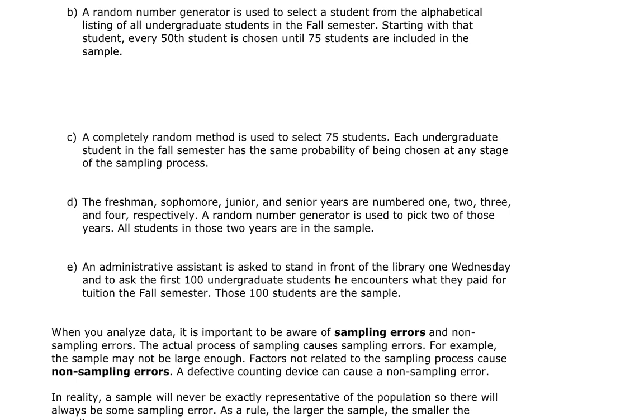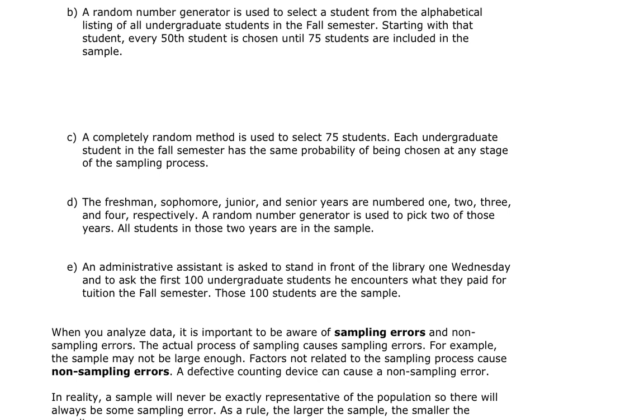The freshman, sophomore, junior, and senior years are numbered 1, 2, 3, and 4 respectively. A random number generator is used to pick 2 of those years. All students in those 2 years are the sample. So this would be a cluster. We've clustered them by their standing. So we clustered and said, maybe by the random generator, number 1 is picked and number 3 is picked. So we're only going to ask freshmen and we're only going to ask juniors. So we've clustered them by some sort of